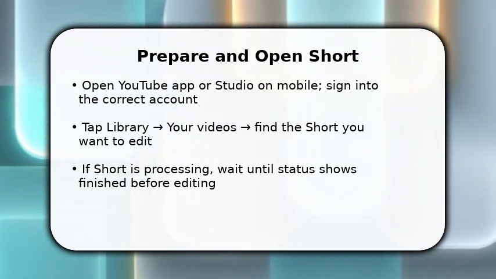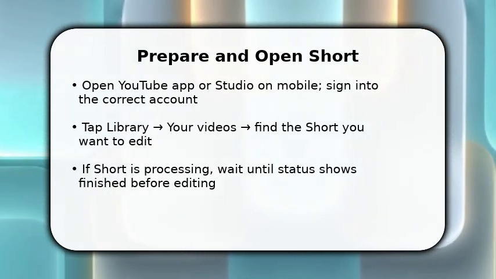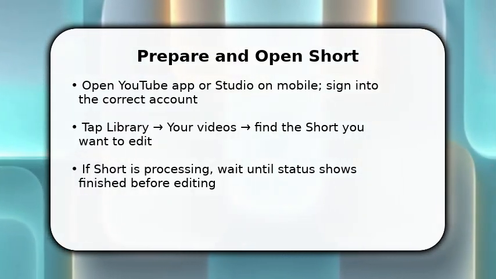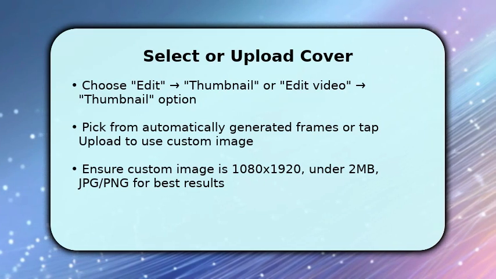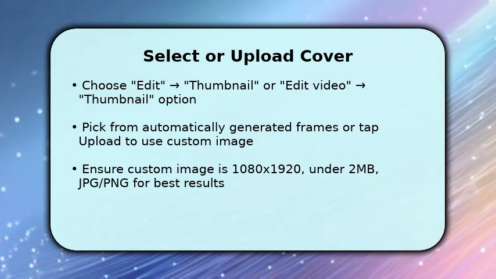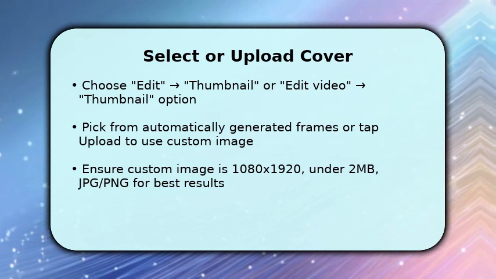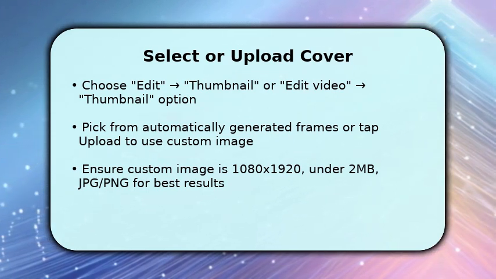Now tap the three-dot menu or the edit pencil visible beside the short to access thumbnail options and begin replacing the cover image. Next, choose Edit then Thumbnail or the equivalent edit video path. This opens frame selection and upload controls. You can pick one of the auto-generated frames by scrubbing the clip or tap Upload to add a custom vertical